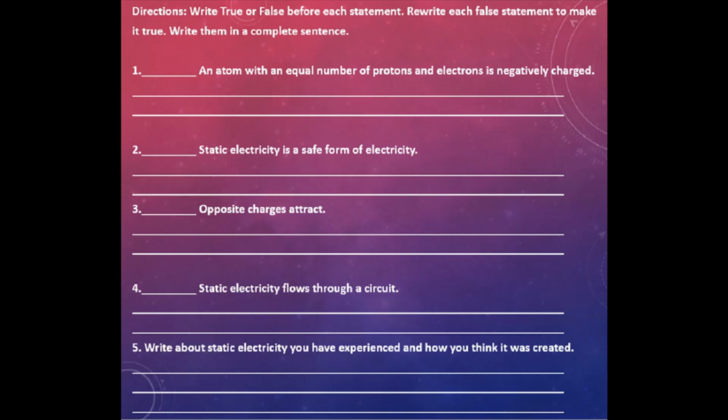Now, I will leave a link in the description below where you can have access to the questions as well as the reading. So you can print it out if you like. I will also leave the answer key to these, the first 4 that is, as 5 is objective based. You'll be writing what your experiences, what you went through yourself. So the first 4 will have answers. So you can go down to, like I said, the description below and get those.